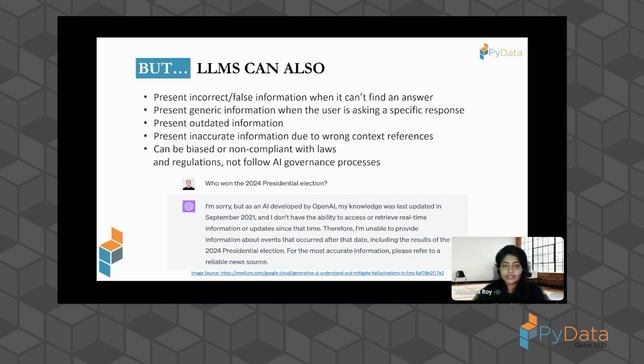Okay, so now that we have already discussed what great things LLMs can accomplish, it can also present incorrect or false information, as you're already aware. That's hallucinations. It can give generic information, whereas when a person asks for a specific response, they wouldn't get that. Information can be outdated, could be inaccurate due to wrong contextual references.